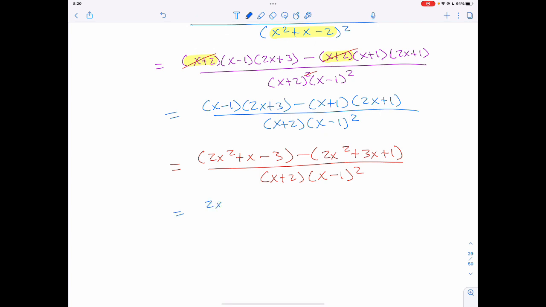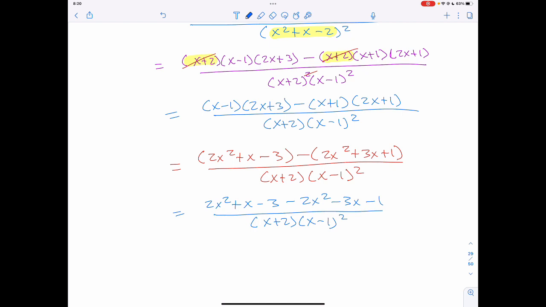Or if I have 2x squared plus x minus 3 minus 2x squared minus 3x minus 1, all over x plus 2 and x minus 1 squared,